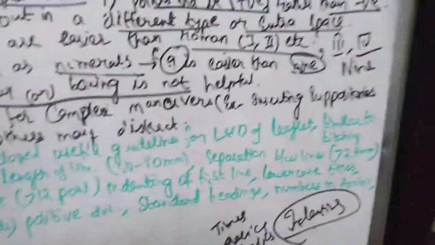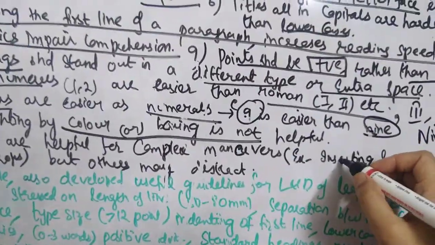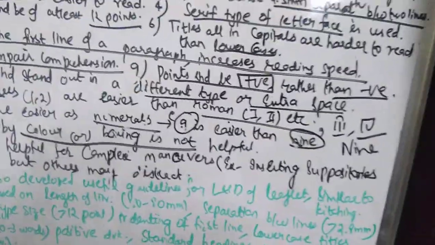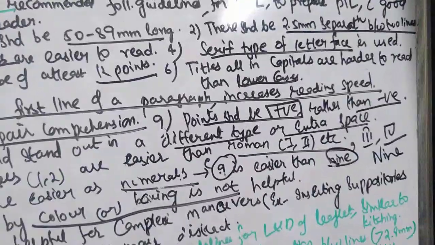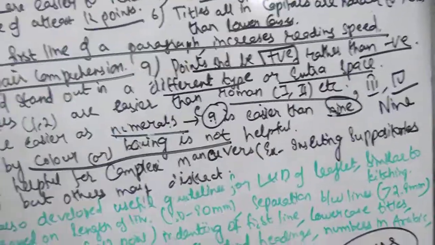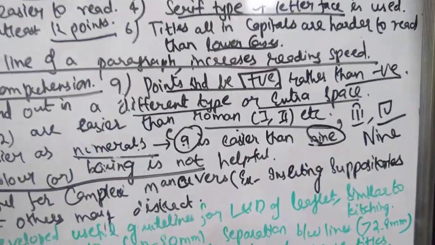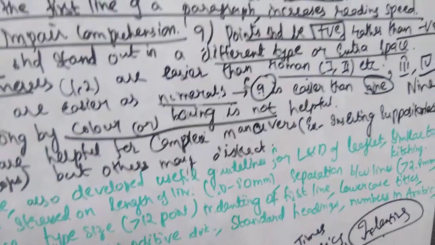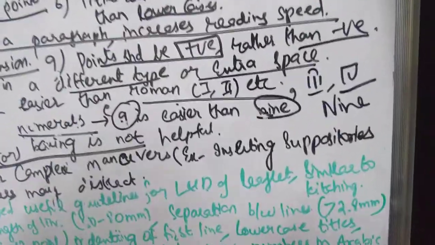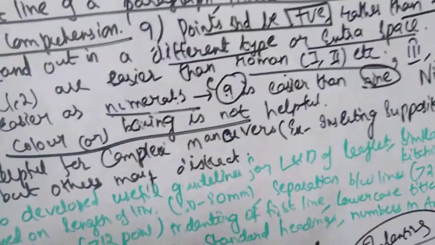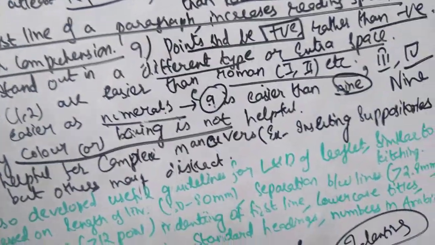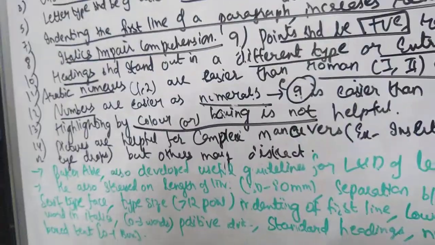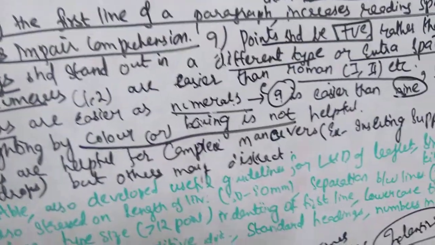For example, inserting suppositories. If you show a picture that suppositories are inserted in the rectal area, because they exert a local action, and once inserted, due to the body temperature, they melt and release the drug over the entire area, because our body temperature is high compared to that medication. Whenever any medication is exposed to a higher temperature, it will melt faster, right? So suppositories are inserted rectally, or pessaries vaginally. We have discussed this in pharmaceutics, in formulation, so you know all this.